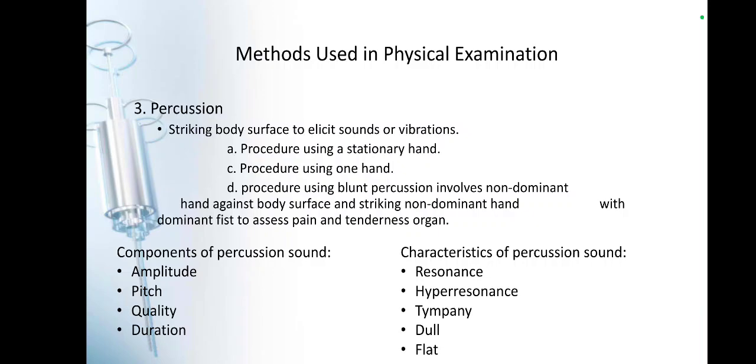the patient. And then we have dull. This is a low pitch sound, which is common when you percuss around the liver and spleen of the patient. And last but not the least, flat. This characteristic of percussion sound is very common when you percuss the muscles and the bones